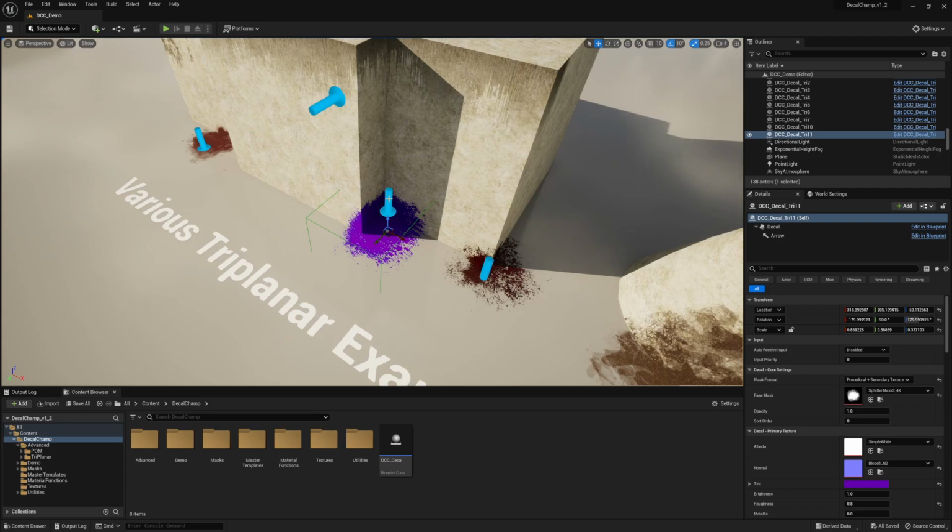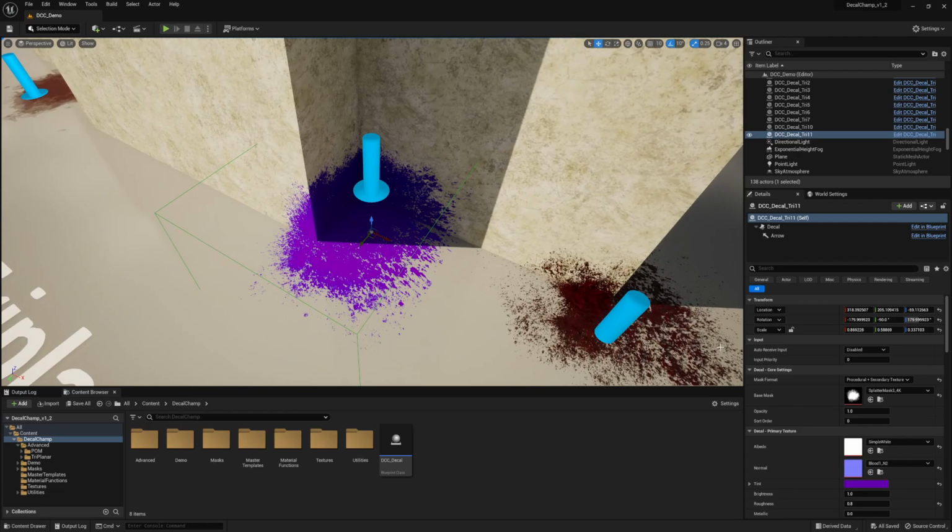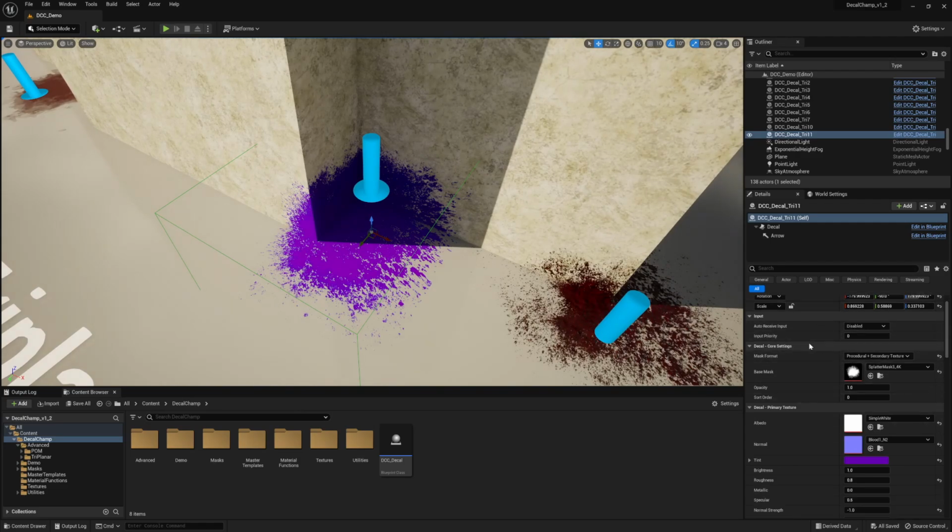Okay, if we have a look at one of these examples here, I'm just going to quickly show you how it works. So there's no profile. Instead, what you're going to do is drag it into your scene. You're going to select a format texture. A mask format. There's not as many as a standard Decal Champ, but basically your basic masks